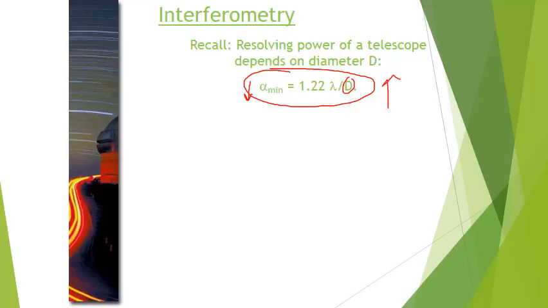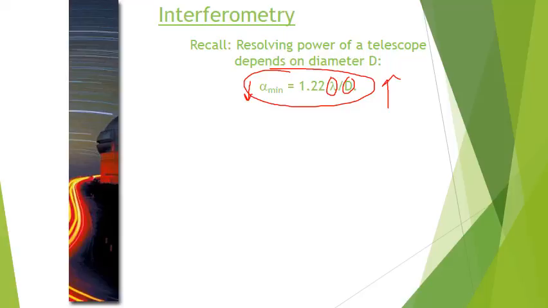But notice there's another factor involved. These are not all constants. This can also change. This is the wavelength at which you are observing. So for visible telescopes, the wavelength of visible light is relatively small. And so when we're looking at visible telescopes, increasing the D makes the alpha get smaller.